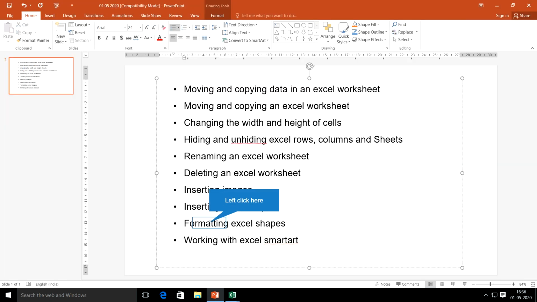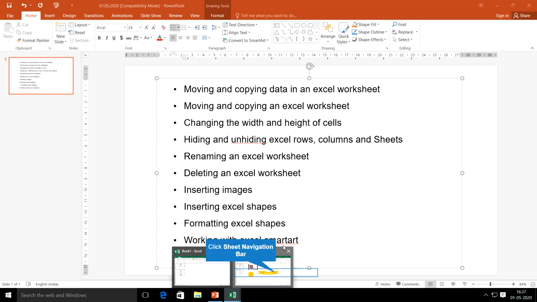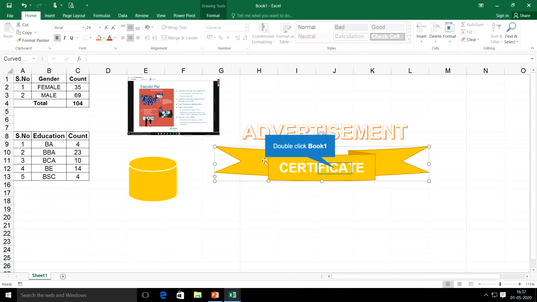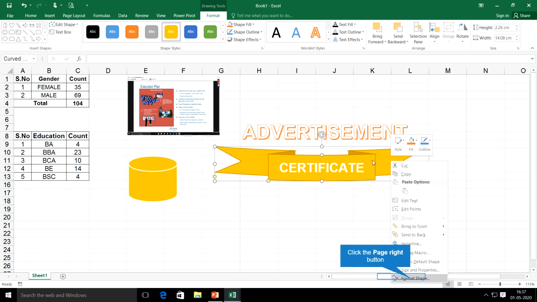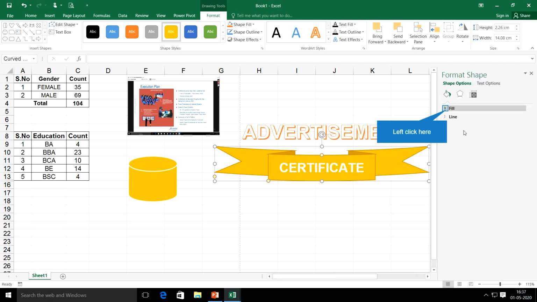Then formatting Excel shapes. Formatting Excel shapes, that is what I told you now. Changing this color, inserting text into the shape, formatting that shape. These things come under formatting the shapes. Even if I do not want this particular color, I want to give a mixture of colors, then I can right click on this image and go to Format Shape, where I can get new options here.